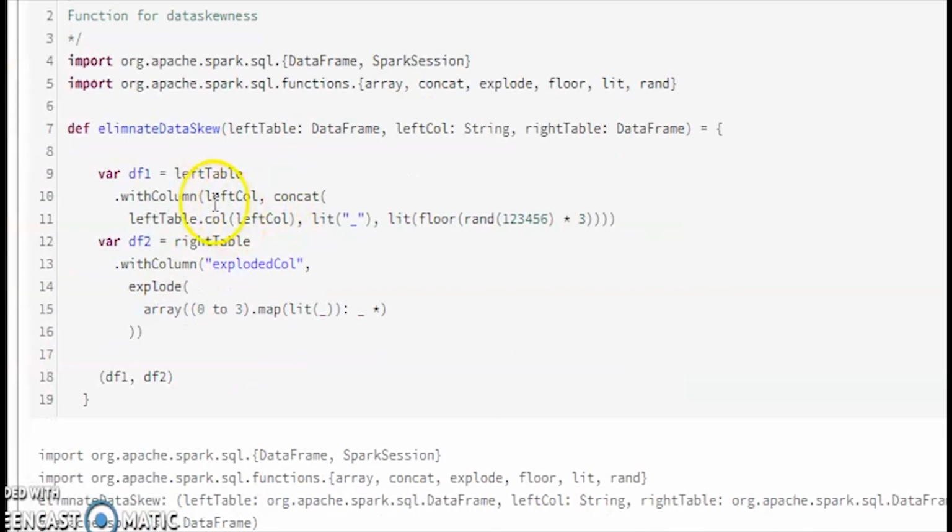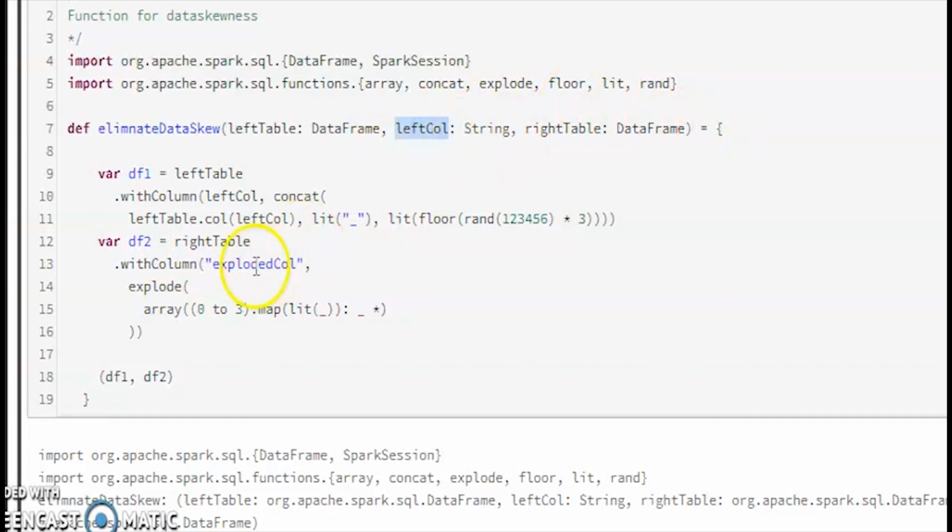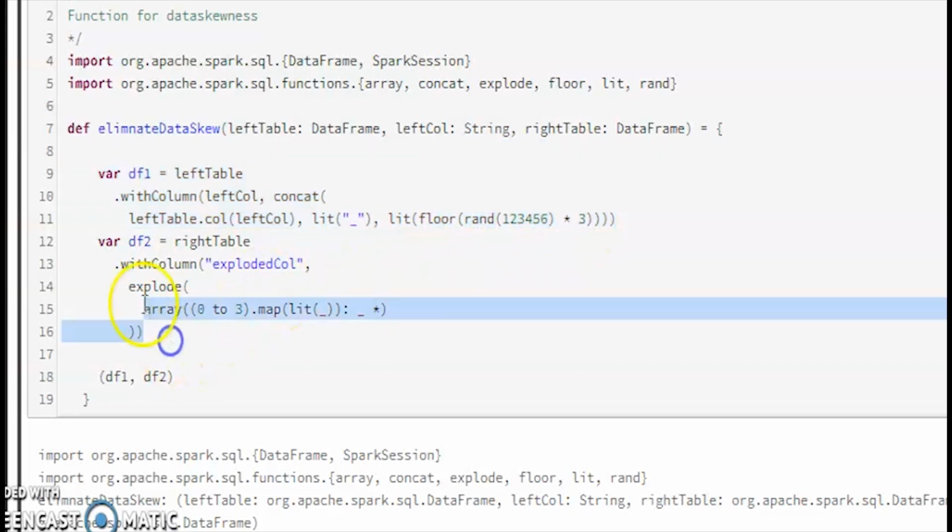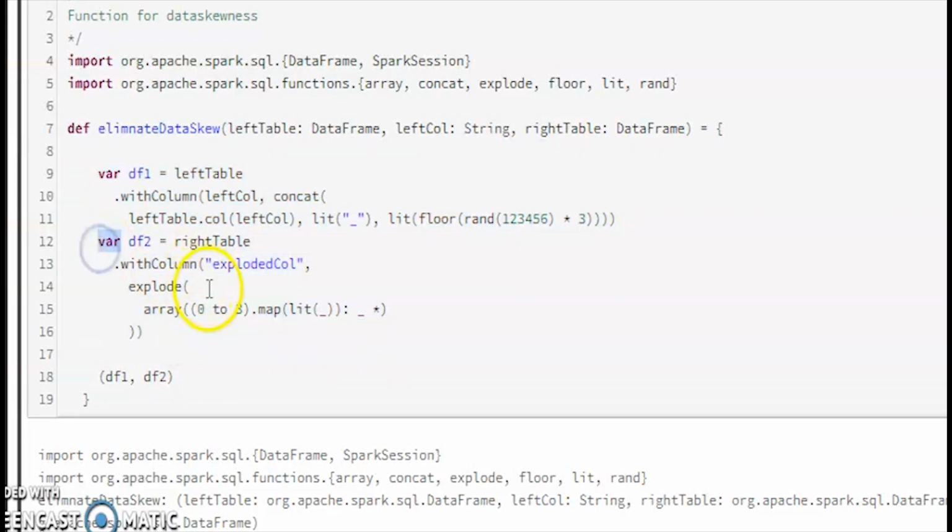We can have a function which takes 2 data frames and the column where we want to do a join. In data frame 1, as I mentioned earlier, we append an underscore and a random number between 3, and in data frame 2 we explode the data frame in the range of 0 to 3, and in this way we are salting it using this function.